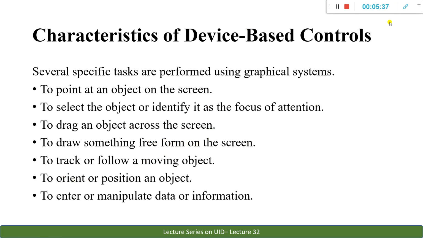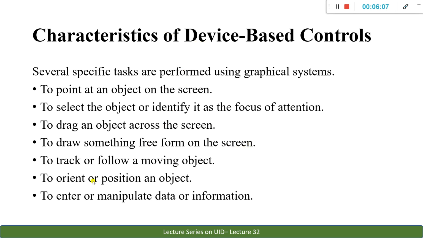For example, if we just take a writer over here, and if I write with it, it is capable of writing, correct? So it should be capable of doing that. Only then can we call it a pointing device, or any device. Next is to track or follow a moving object. If there is some object moving and I want to track or follow it, then I should be capable of doing that.